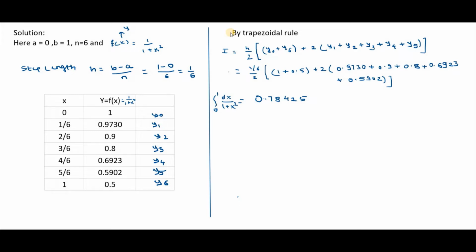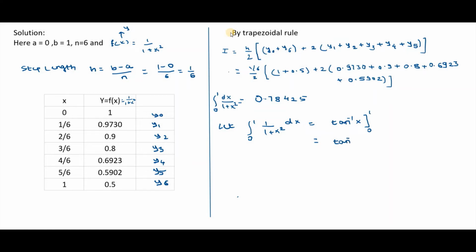Now with this we have to find the value of pi, and to find the value of pi we have to integrate the given function f of x. So the given function is f of x is equal to, that is integration 0 to 1 divided by 1 plus x square into dx. And what is integration of 1 divided by 1 plus x square? We know that integration of 1 divided by 1 plus x square is tan inverse x, and this is running from 0 to 1. If you substitute the upper limit,